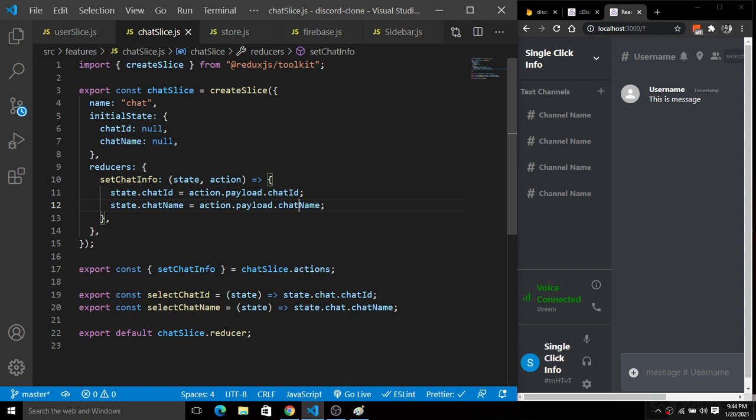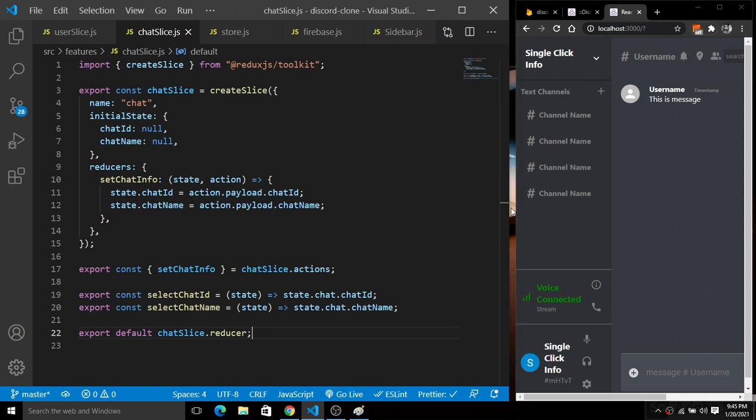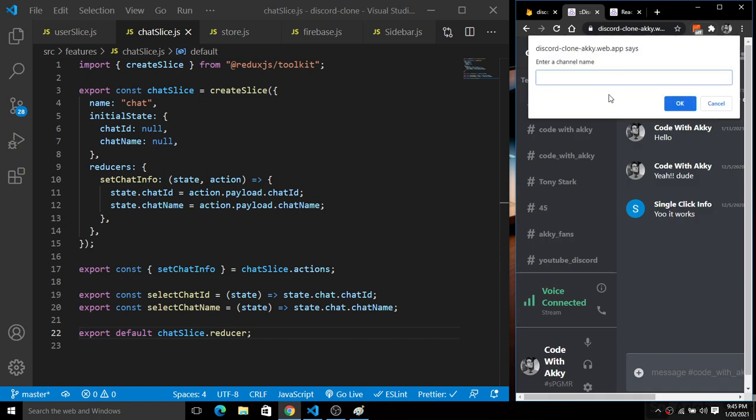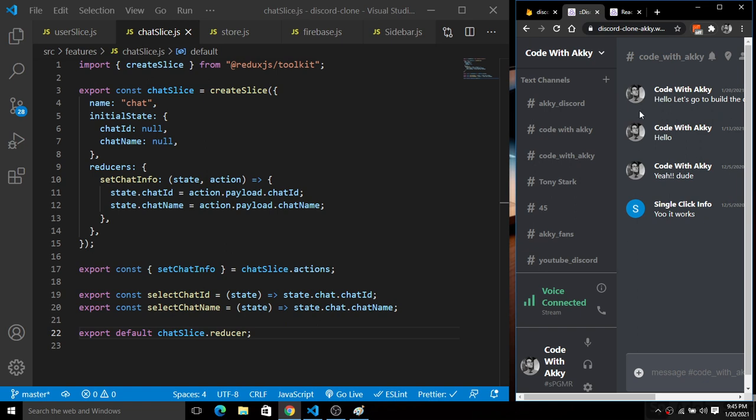Okay, now it's time to add or create a chat ID, or simply push the chat directly to the Firebase. So how are we going to do this? As you can see here in the deployed version, when we click on this plus icon, a pop-up opens, and we simply pass the name of the chat or the channel name here. So this name will simply be pushed to the database, and in the meantime, the name is also reflected back in the sidebar section. So how are we going to do it asynchronously or synchronously? So let's go and create this.